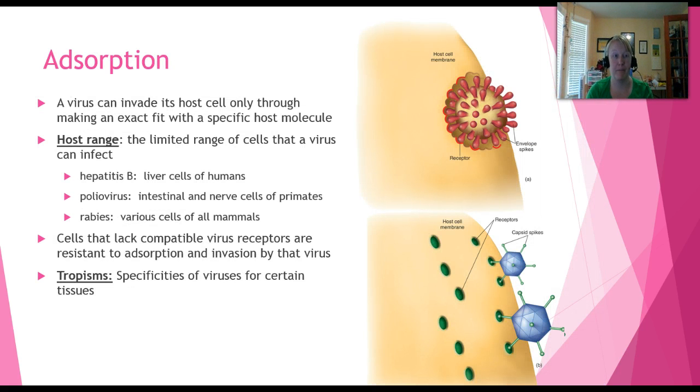So absorption. Absorption is how the virus starts to enter the cell. Remember those spikes we talked about in the last section? Those spikes will key into specific receptors on the cell and help them become absorbed within the cell. And